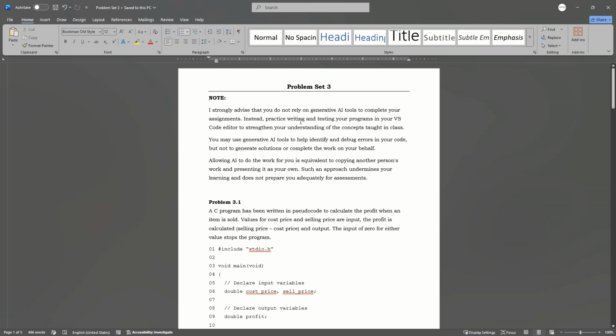Instead, practice writing and testing your programs in your VS Code editor to strengthen your understanding of the concepts taught in class. Then, you may use generative AI tools to help identify and debug errors. That is fantastic. I'll let you do that. But entirely putting the code in generative AI and letting it write it for you is what our advice